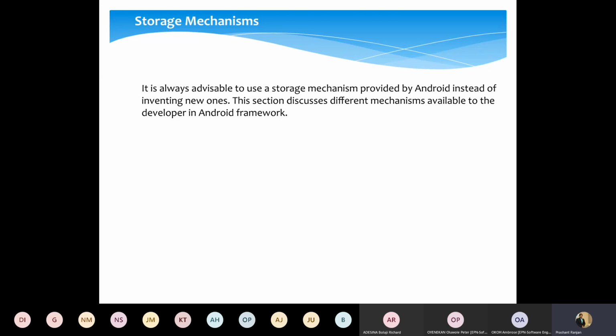Like when we are working with an internal database, we should use SQLite. If we are working with read and write operations, we should use shared preferences XML, and so on. So it is advisable to use the storage mechanism which Android provides instead of